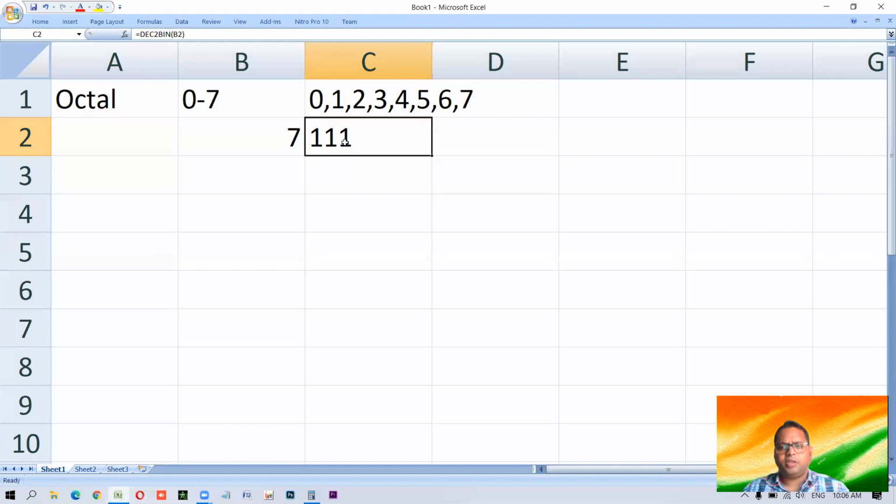Okay. What does this prove? It proves nothing, but it just tells you something. It tells that 111 is the largest 3-digit binary number. Means if you want to represent the largest number using 3 binary digits, this is that.